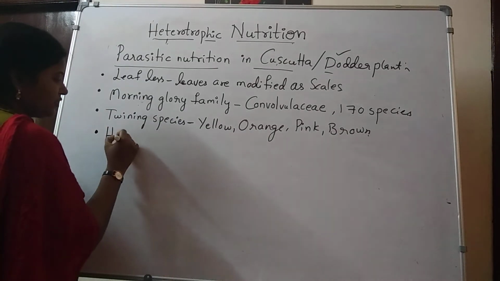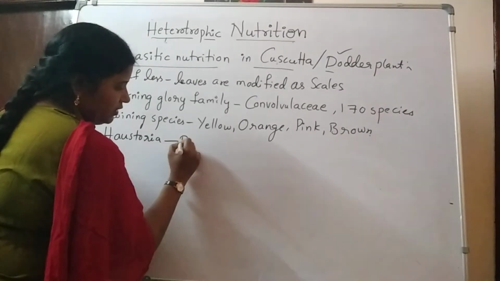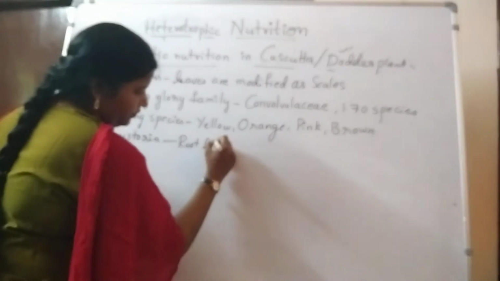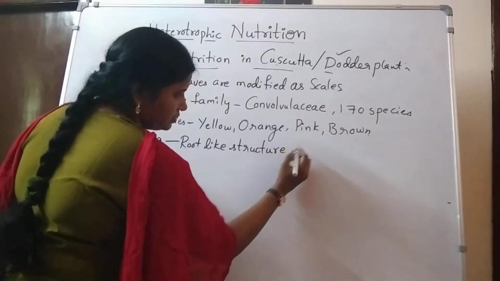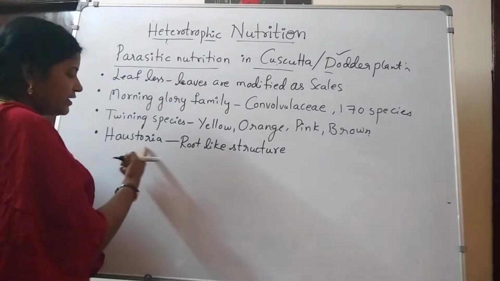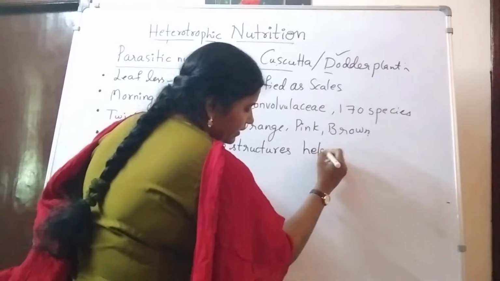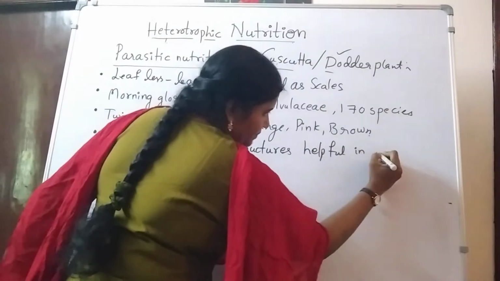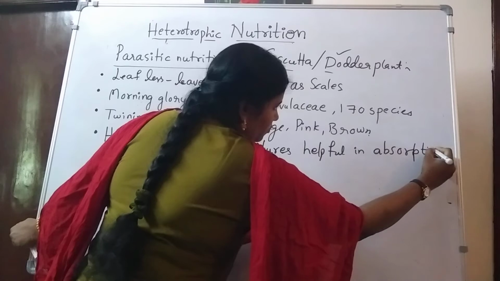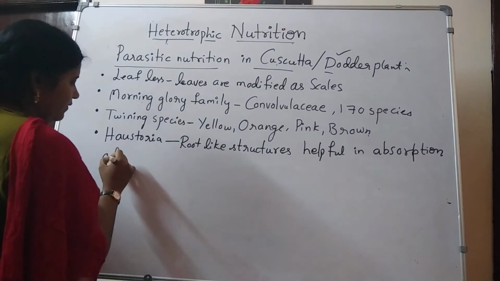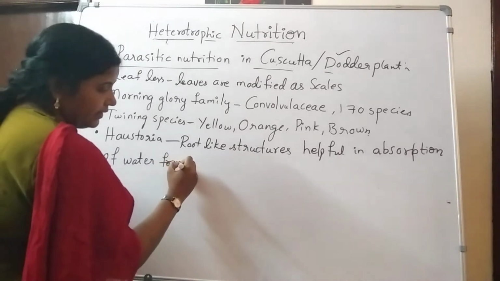What are the special structures? Haustorial structures, haustoria. What is haustoria? Root-like structures. What is the function of these root-like structures? Haustorial structures are helpful in absorption of water from xylem